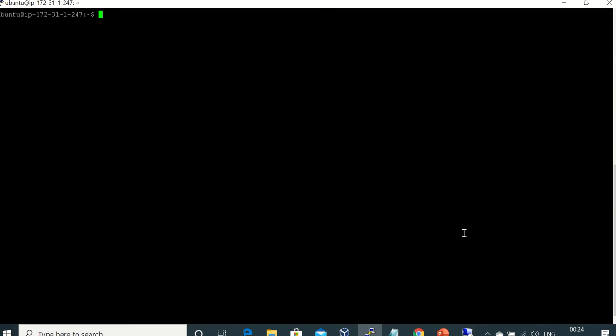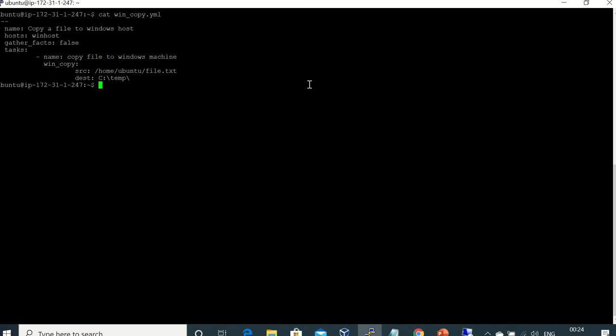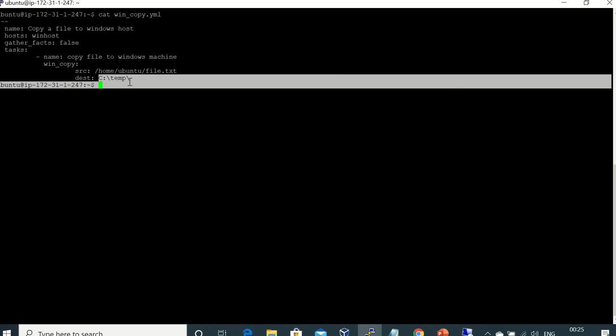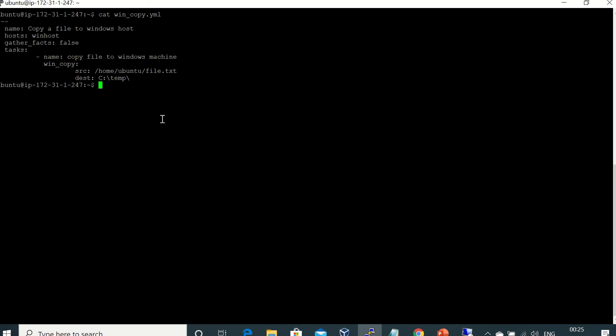So let's go ahead again. Let's see my playbook. This is my playbook, a very short playbook. It takes the file from my current home directory and pushes it to the temporary folder of the C drive in Windows.